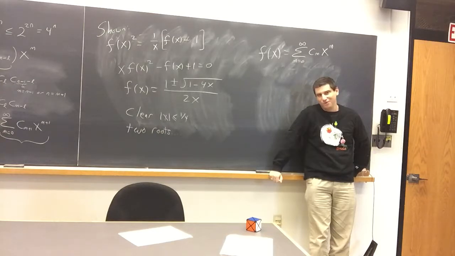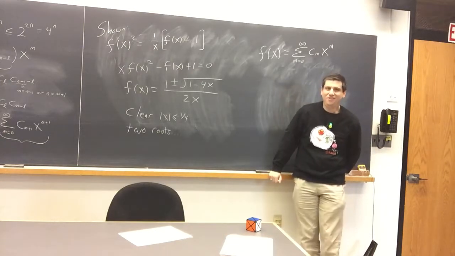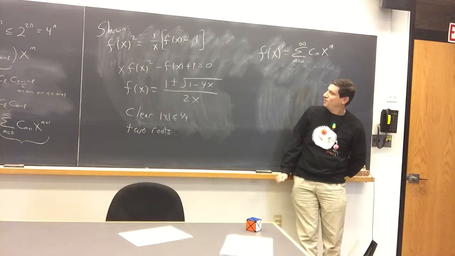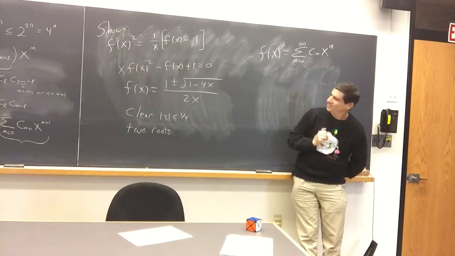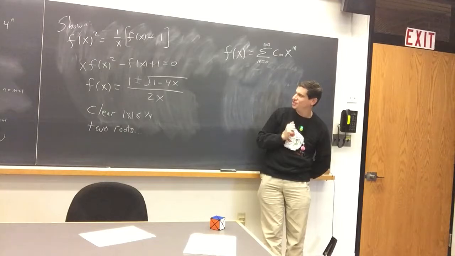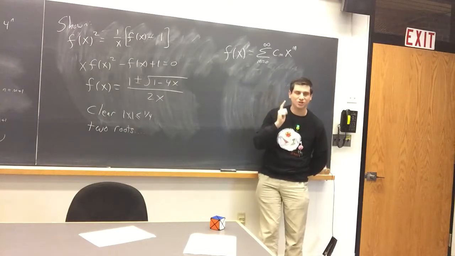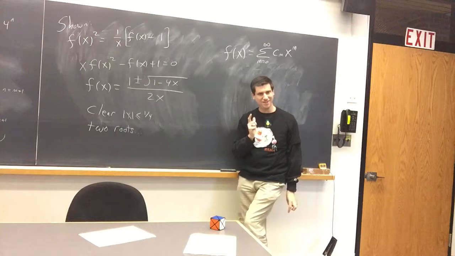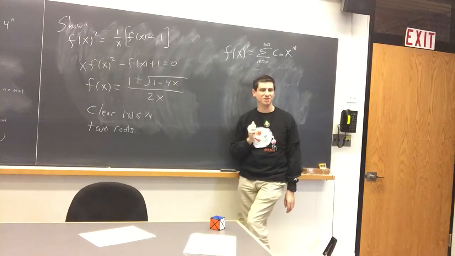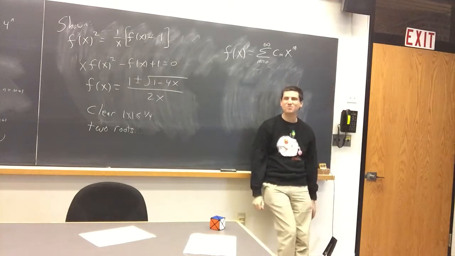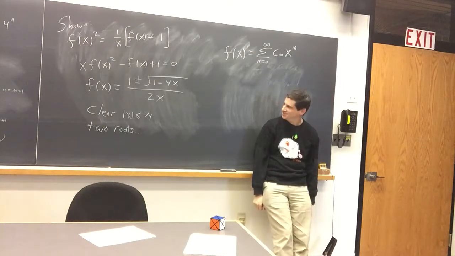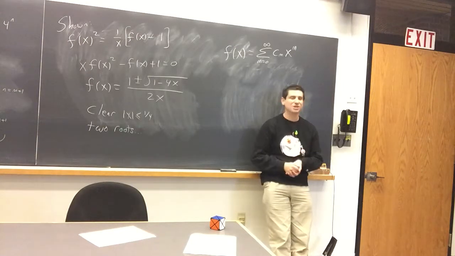Really? You choose 1/4? If you choose 1/4, then the square root disappears. But we have a plus and a minus. Right, but it's 1 plus or minus 0. You may be just okay. So you will be safe if you choose 1/4, but you will not know which is correct, the plus or the minus. So you're correct, the way I phrased the problem, I've got to be more careful. You survived the challenge, your grade is safe, but you don't know which is the plus or the minus.